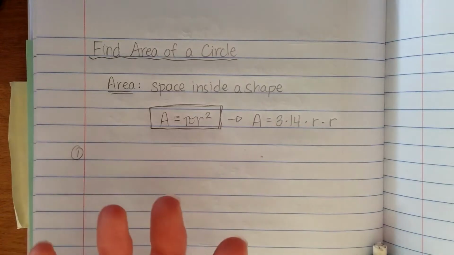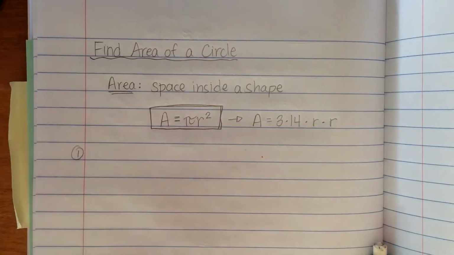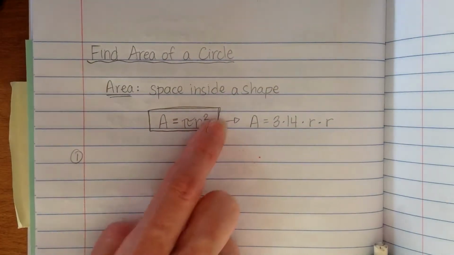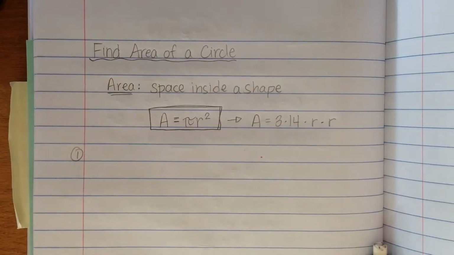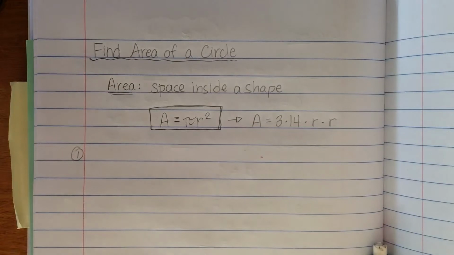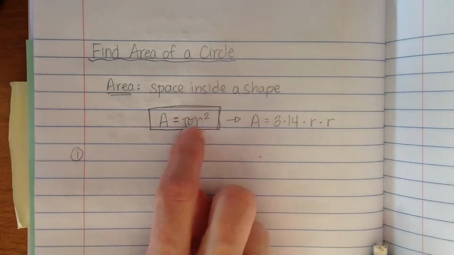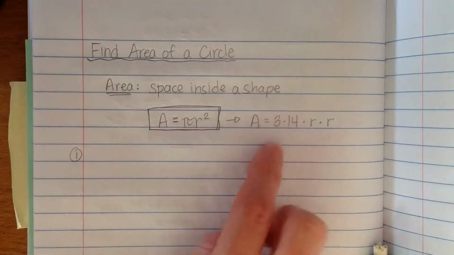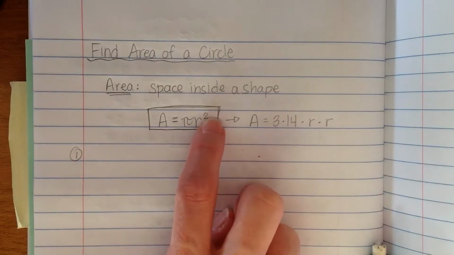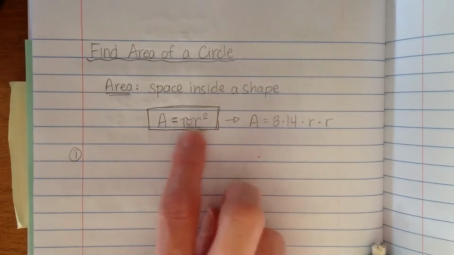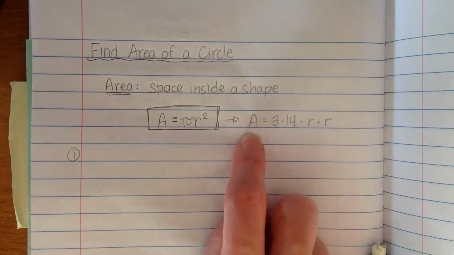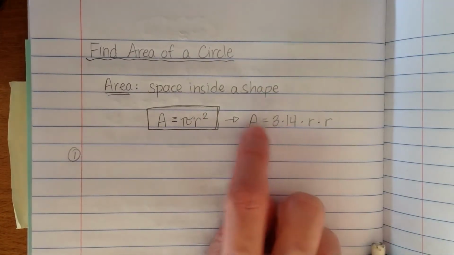I remember this with the little trick that apple pies are squared. McDonald's apple pies are sort of rectangular, so I keep that in mind when I'm trying to remember this formula. Apple pies are squared. The next thing we have to remember is that to square a number means you're multiplying it by itself. So if we break down this formula, we're essentially saying that area of a circle is equal